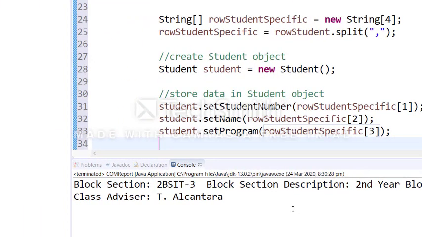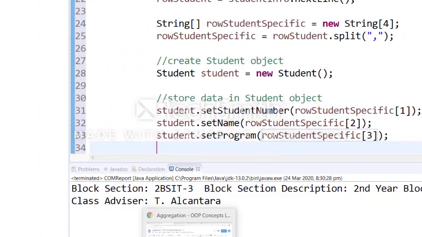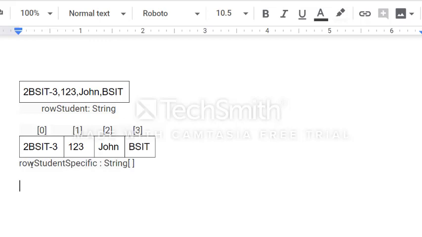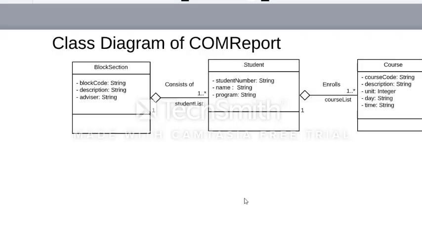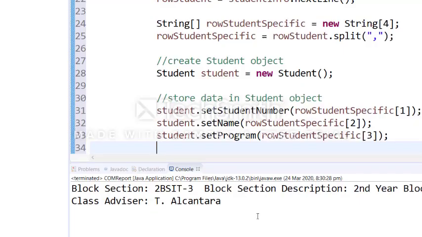The question is, why did we start on 1 instead of 0? If you check our row student specific, we don't need the 2bsit3 on our student object. Our student object only needs student number, name, program, and a course list. For now, we just store only the 3 attributes and let us check if it is successfully done adding it